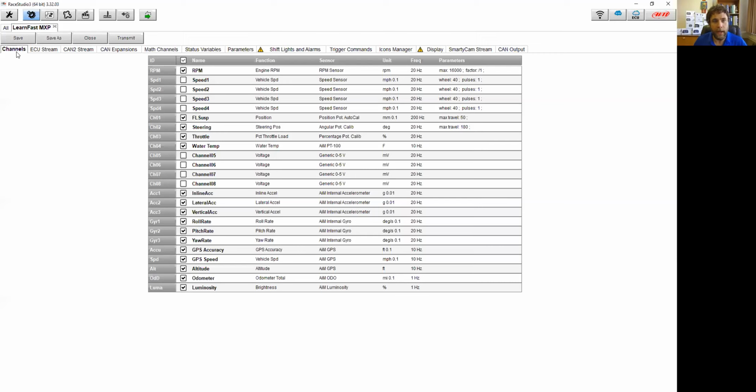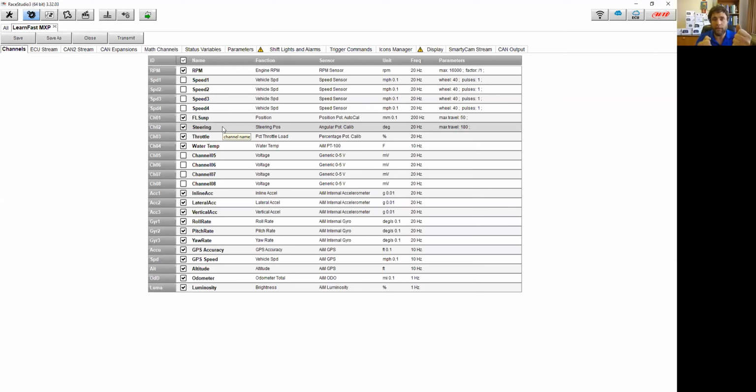In the Channels tab is where we get to configure all the analog inputs, which includes our RPM, our wheel speeds, the channels 1 through 8, the analog channels that go straight to the dash, our accelerometers, gyros, GPS accuracy and speed, altitude, odometer, and the brightness of the dash. So even if you have a dash with nothing added onto it, you have all this power in it to start. So the first one we're going to jump into today is steering,